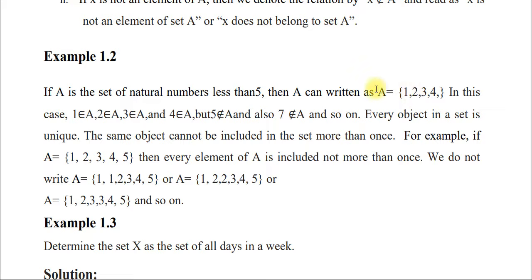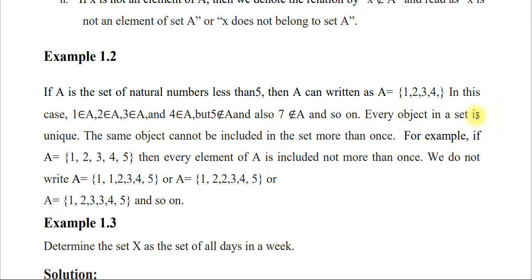እንግዲህ አንድ የA አባል ናት። 2 is an element of A, 3 is an element of A, 4 is an element of A. But 5 is not an element of A. And also here 7 is not an element of A and so on. ስለዚህ ከነዚህ ከአራቱ ውጪ ያሉ ነምበሮች በሙሉ የዚህ ስብስብ አባል አይደሉም እንላለን ማለት ነው።